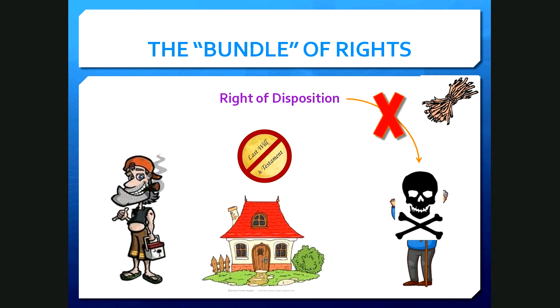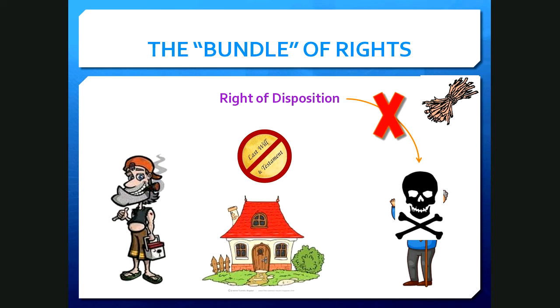But if Old Man Jones doesn't give it to little Johnny during his lifetime as a gift. And let's say Old Man Jones doesn't have a will where he elects who gets his property at death. Well, then he dies intestacy, and that right of disposition sort of goes away because Old Man Jones doesn't get to pick who gets his property because he didn't do it in his will. And so it passes pursuant to state statute that we looked at, right, intestacy. And so his deadbeat son will likely end up getting the ownership of that property, or at least a portion of it.